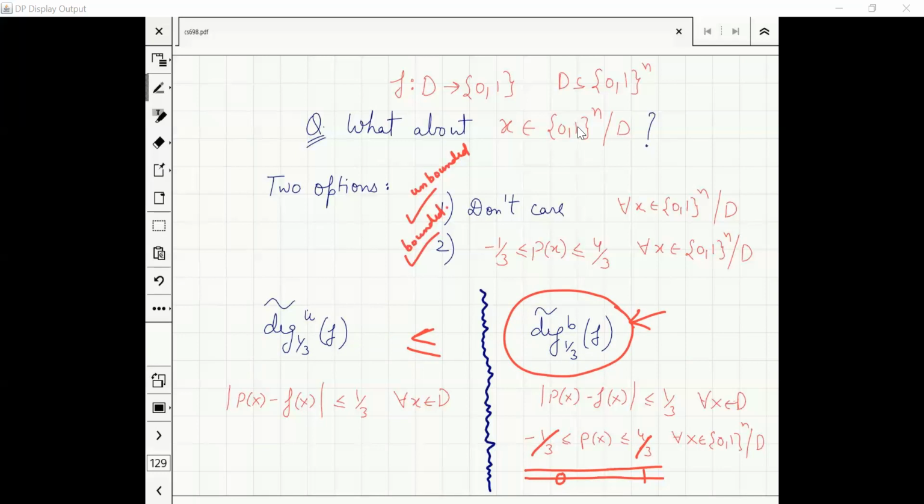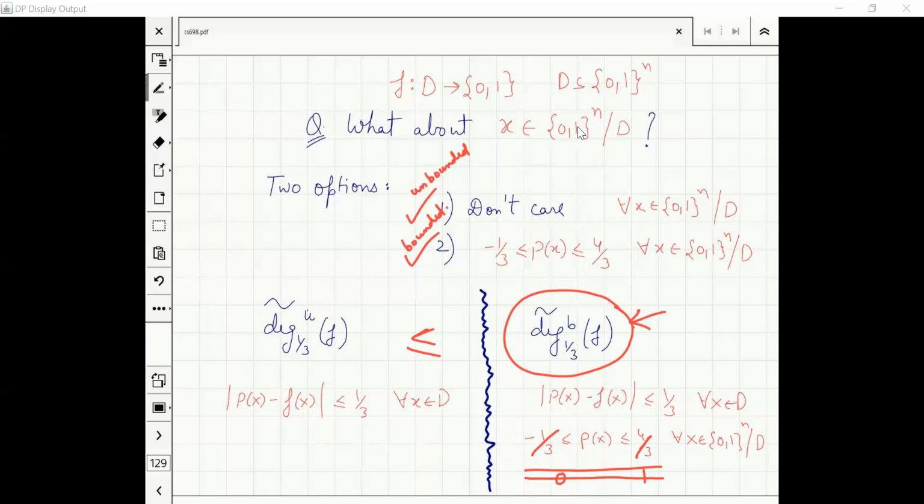Questions about this? Why is bounded important? Why is unbounded important? Why did you say bounded was more important? Just because of its use in quantum query complexity? I have given you an example of quantum query complexity, but any domain where you want to make sure that the function value at the don't care points is some function value. We don't care whether it is -1 or 1, but it should be some function value. Then this approximation is the better approximation. And yes, in quantum query complexity, obviously this is a better way.